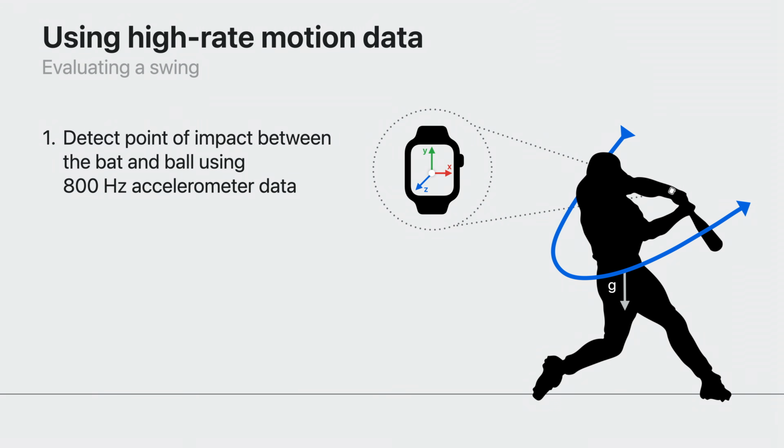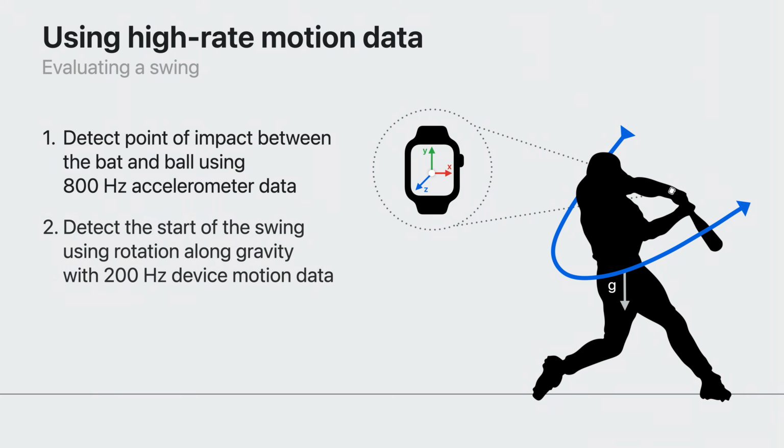using 800 Hz accelerometer. Then, I'll identify the start of the swing using rotation along gravity with 200 Hz device motion. Finally, we can compute the difference between these timestamps from the start of the swing to impact, called time to contact. Let's start by visualizing the sensor data during the swing to get a sense of what we're looking